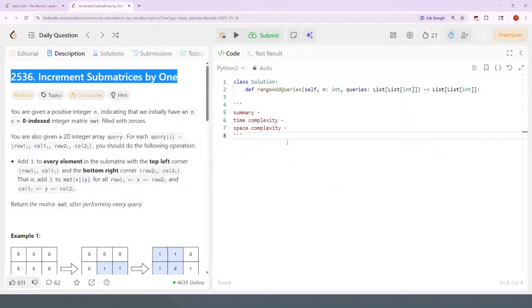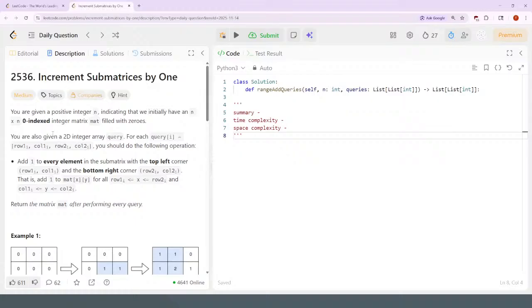We have Increment Submatrices by 1, medium. Haven't done this one. You're given a positive integer n, indicating that you initially have an n by n 0-indexed integer matrix mat filled with zeros. Could have said this was a square matrix given those dimensions. Okay. You're given a 2D integer array query where query at i is going to be 4 values, row, column,